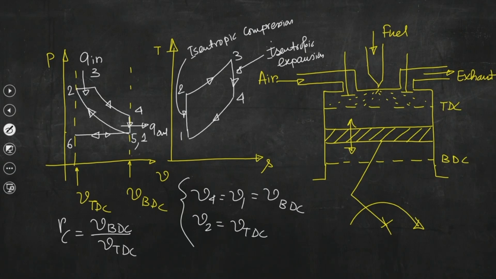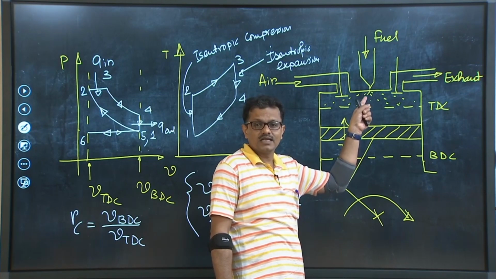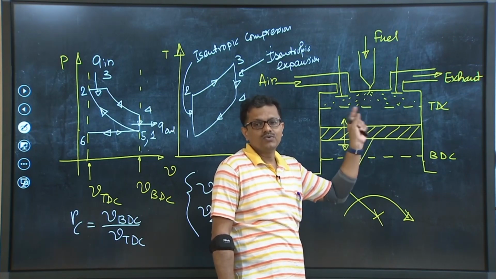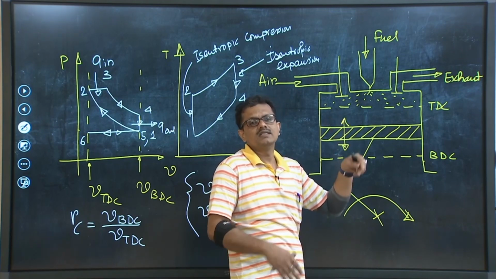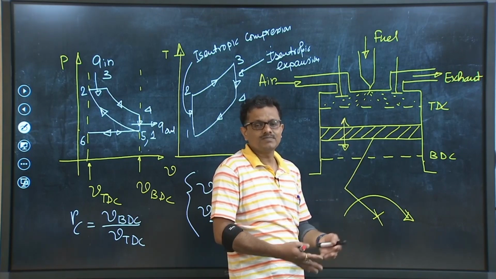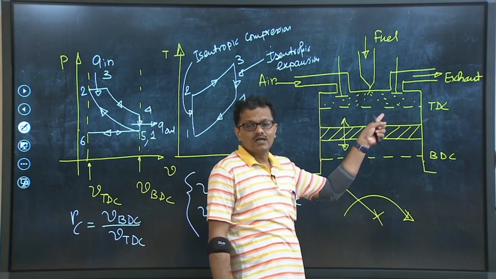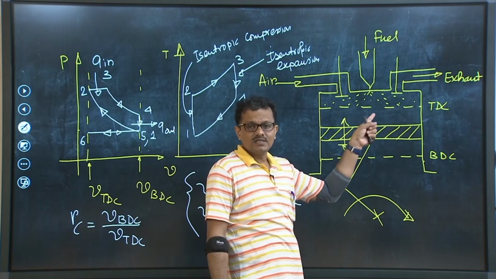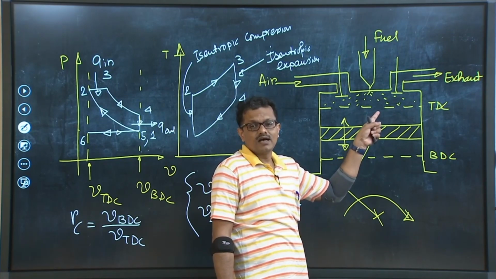It is not the case for this particular type of engine, because the supply of fuel into the combustion chamber, which is an essential element for the combustion, would require a finite amount of time accounting for the ignition delay, and it is because of this delay that volume is going to change during the combustion process, but we can represent this process by constant pressure heat addition process,